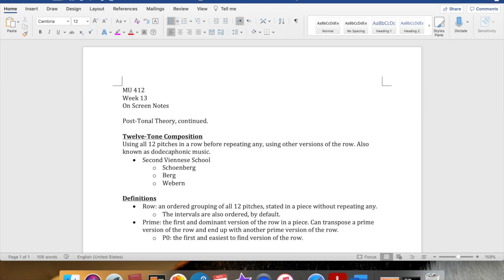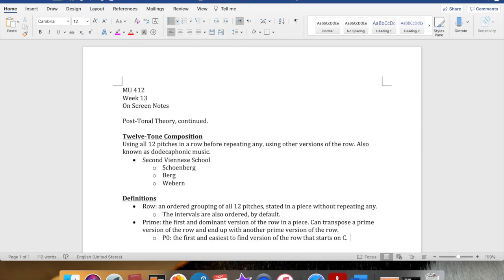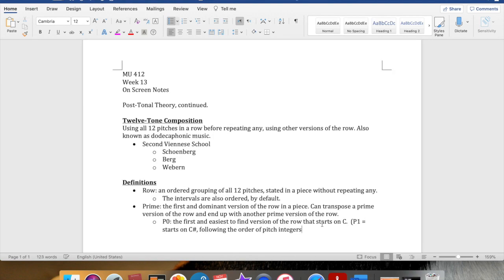You might have called P0 whatever was the first and easiest to find version of the row, but here we're going to say that starts on C. P1 starts on C sharp, following the order of pitch integers, where C is 0 and 1 is C sharp, 2 is D, etc. So you may have done this differently, where P0 is the most dominant, important version of the row, and that's the one that you called P0 no matter what the first note was.